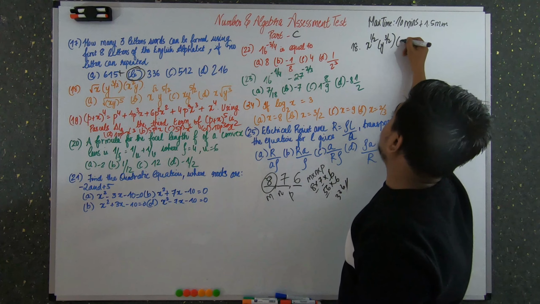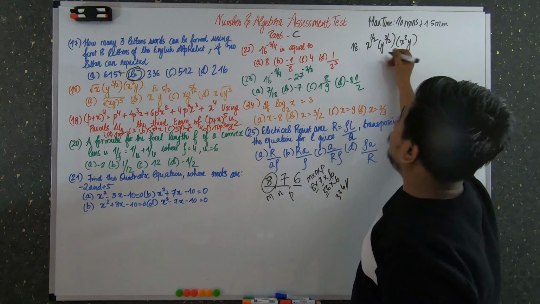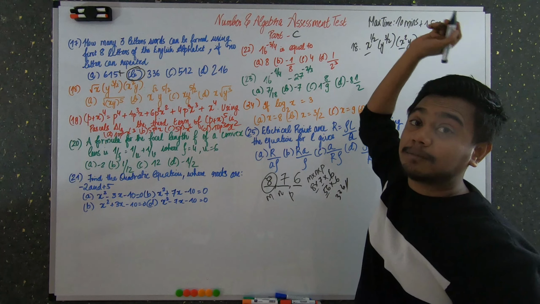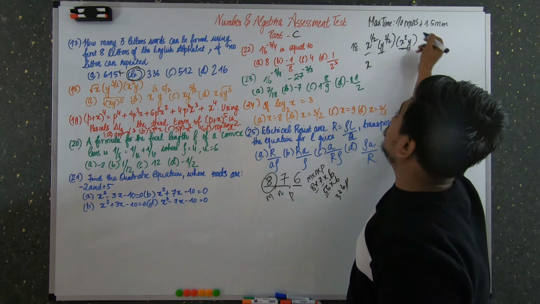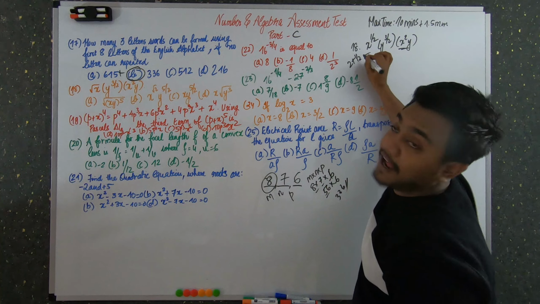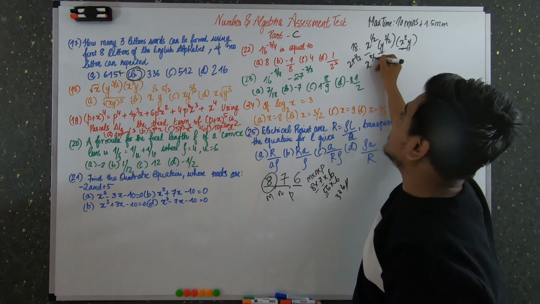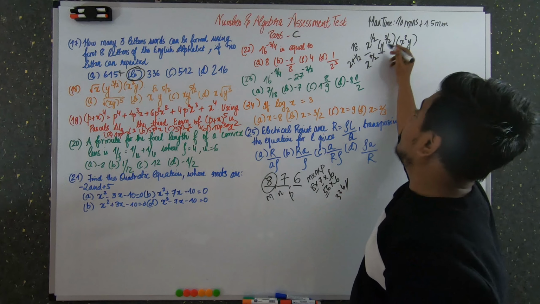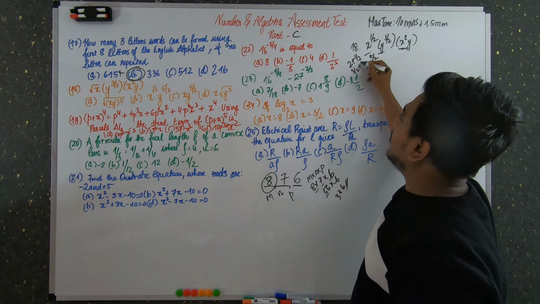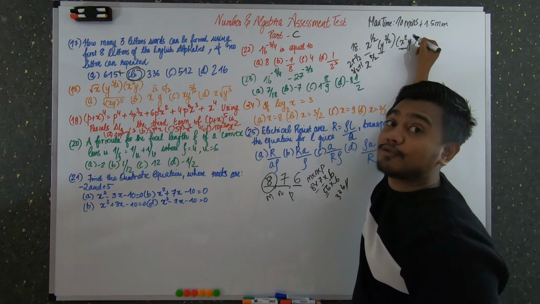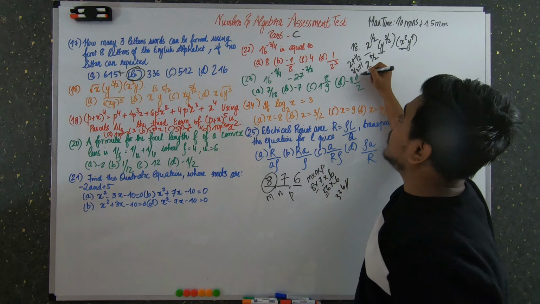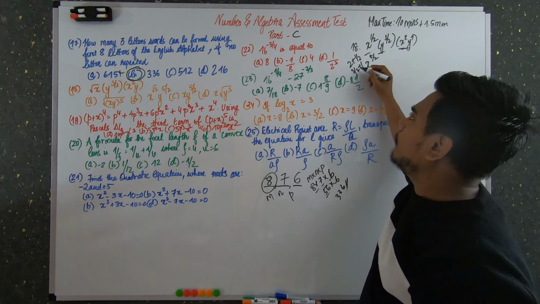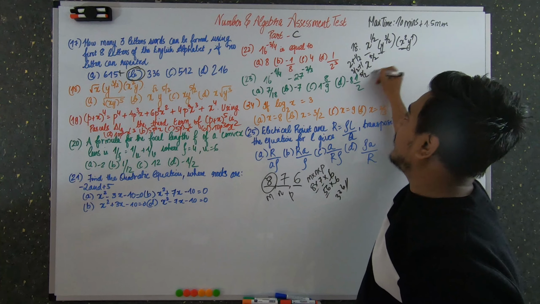Then again what? x square into y. Now we can group together like terms, that is x terms together and y terms together. So x raised to 2 plus 1 by 2 is what? 2.5 it is, right? You can write this as x raised to 5 by 2. Again, y raised to 3 by 2 plus 1. That is the coefficient of y raised to 1. Actually it is y raised to 1. So 3 by 2 plus 1 is what? 5 by 2 again.